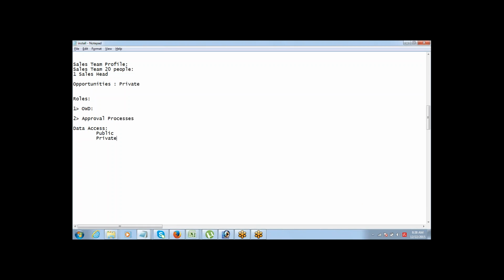If it is private, then you have a few questions that you need to answer. What do you mean by private? Should the manager of the person who owns the data see the data? If yes, then grant access using hierarchies. If it is a standard object, by default it's enabled, so you don't have to do anything.